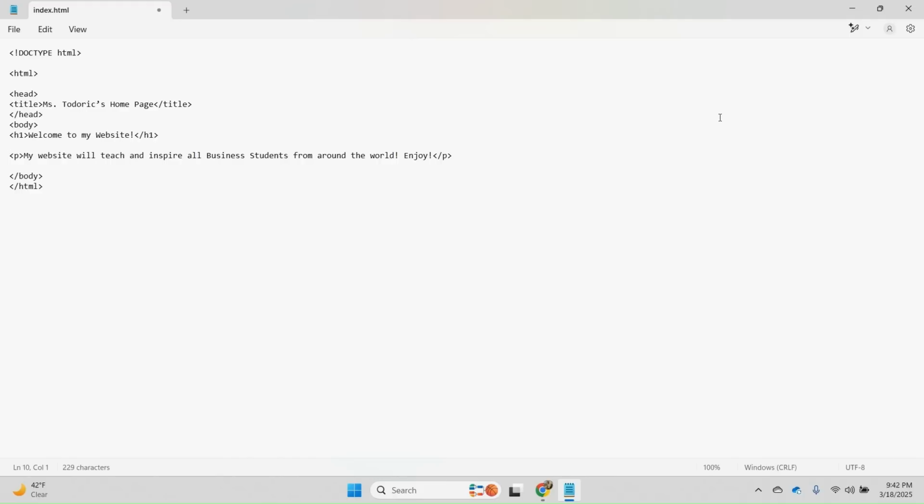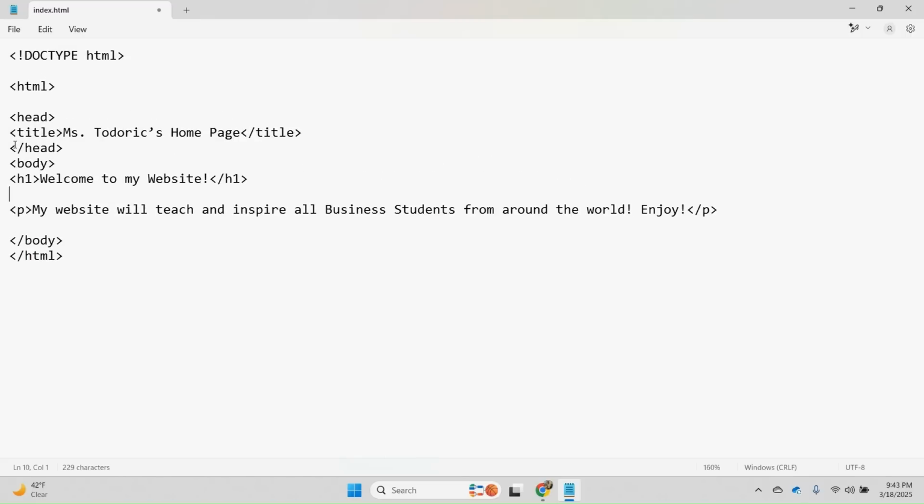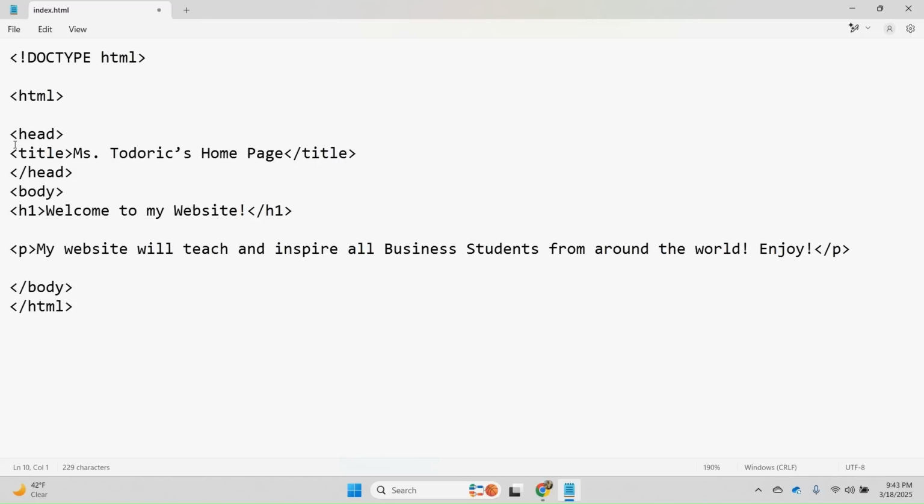Hi, it's Ms. Todoric, and today we're going to insert an image into our web page. So the first thing we're going to do is open up Notepad. We're going to get the basic code we already typed in the first lesson. And then underneath the heading, we're going to insert a picture. So the first thing I want to do, I'm going to hold the control key and then the plus key. And I'm just going to zoom in so you can see what I'm doing. Underneath that heading, the tag to insert an image is IMG space SRC